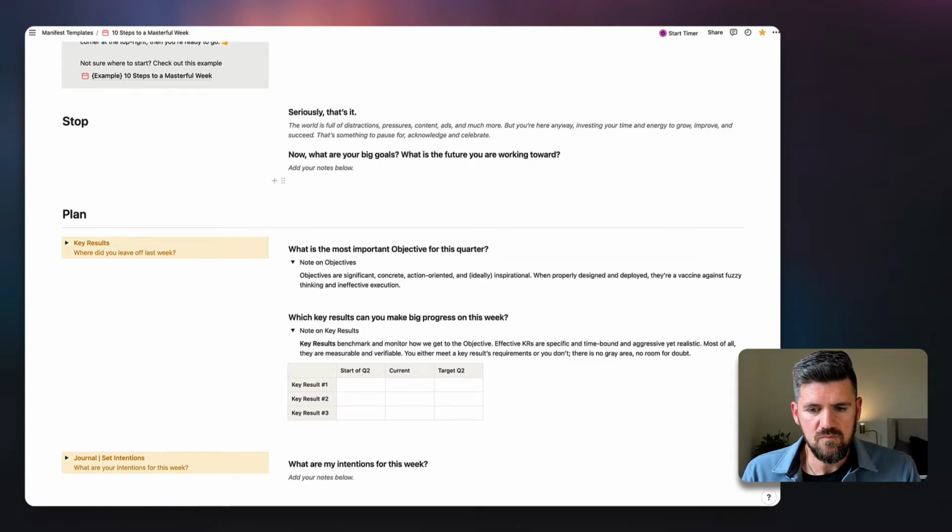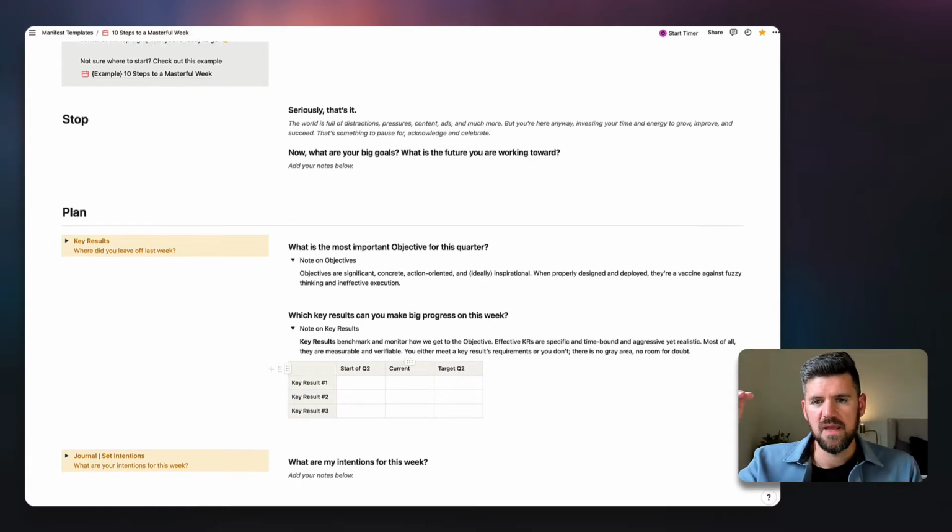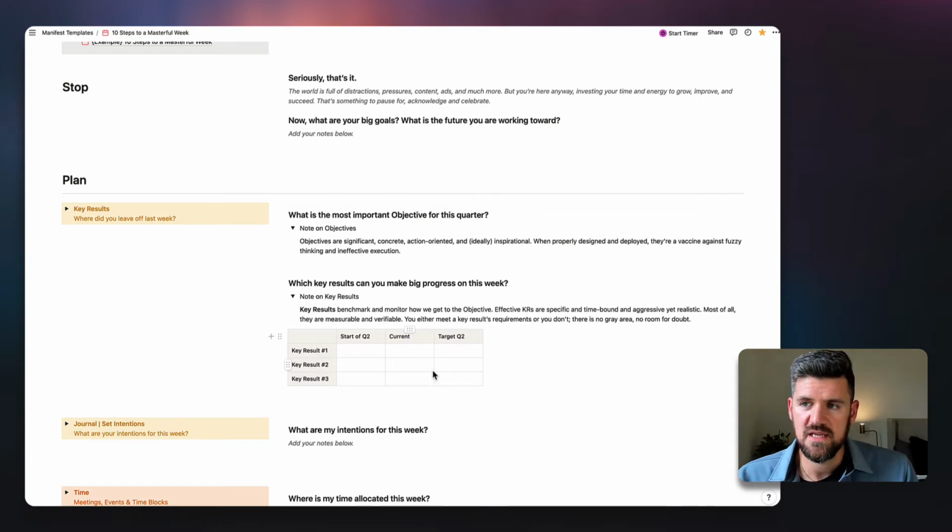So if we start with big goals and then work our way down to quarterly objectives, we're still technically at the start of quarter two. So thinking through what are those 2 or 3 objectives that you'd want to have achieved by the middle of the year, and getting more granular, what are 2 or 3 measurements for each of those objectives that you can work your way toward. And we'll get into some real examples of that.